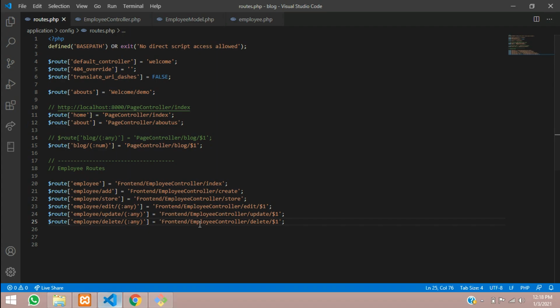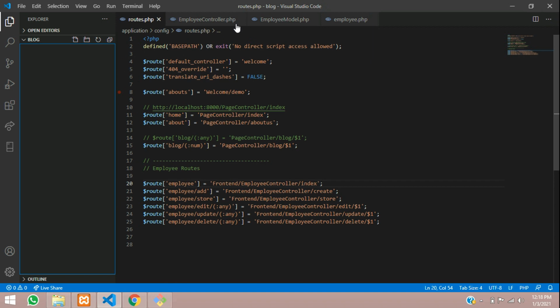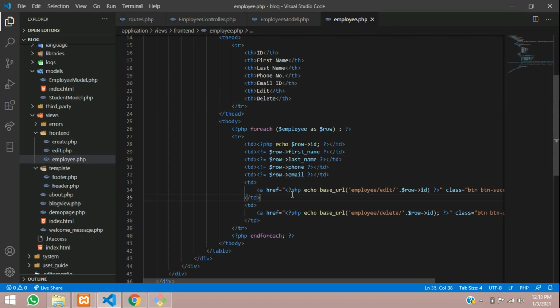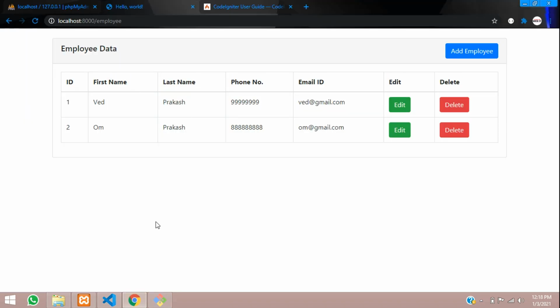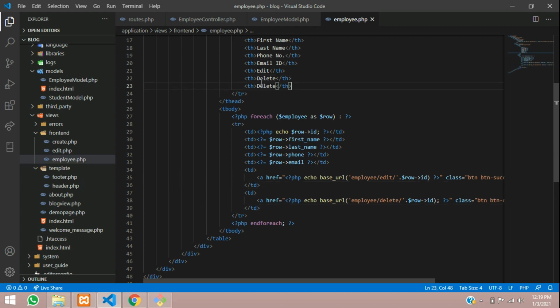So let's go to our VS Code editor, and over here where is our page, you can see this employee.php file. So this is my data for this table view. So let's go to that page and let's create one option. So let's put over here confirm delete, and one more column I'm going to make td, where inside this